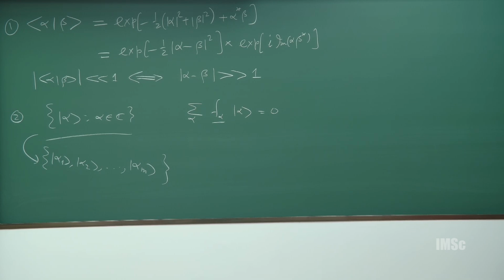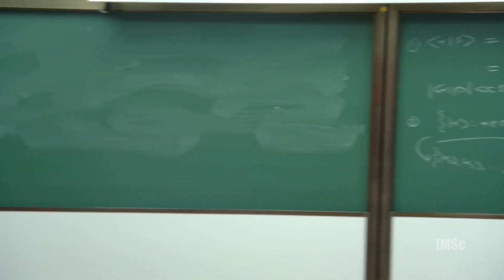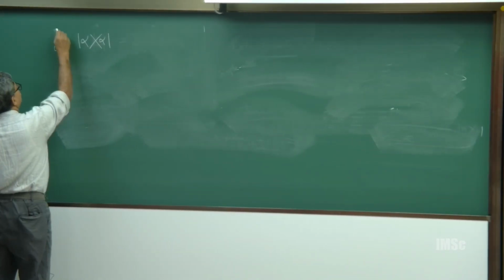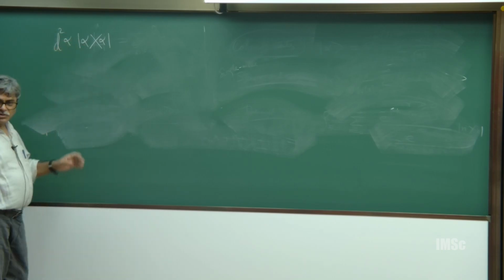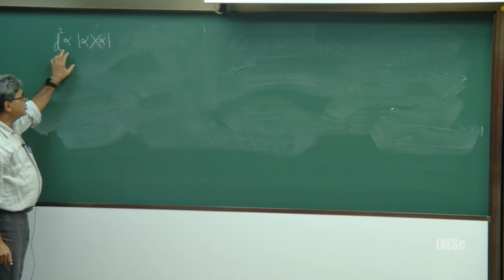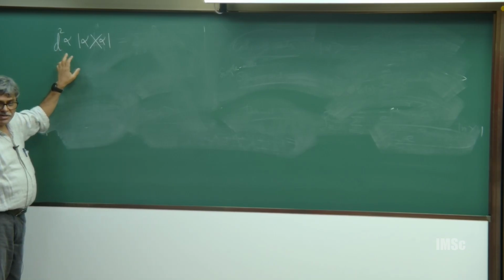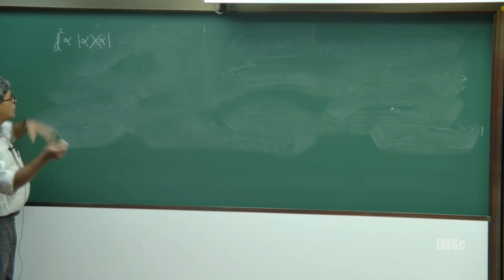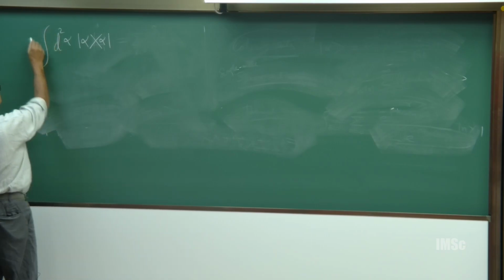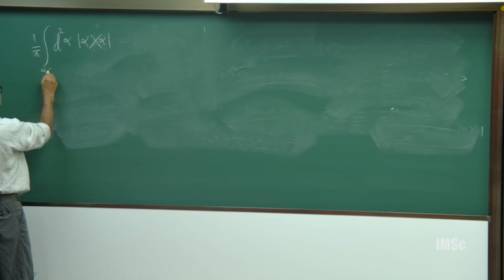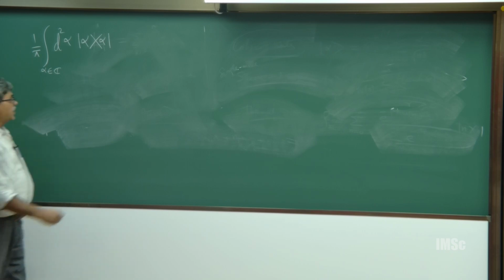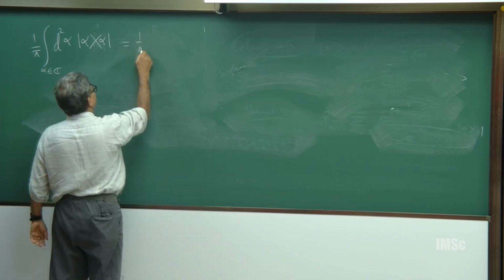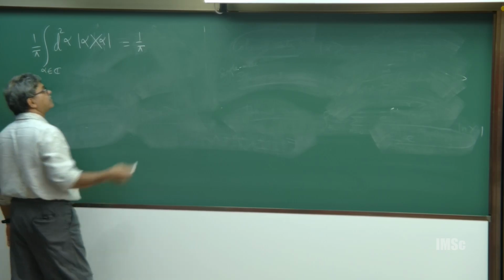Now let us take projection on these coherent states and add them all. Because alpha is a complex number, d square alpha means d of the real part of alpha times d of the imaginary part of alpha. And for normalization, this is the standard one. So, alpha belonging to the complex plane, I integrate it. This 1 upon pi factor is important for normalization.